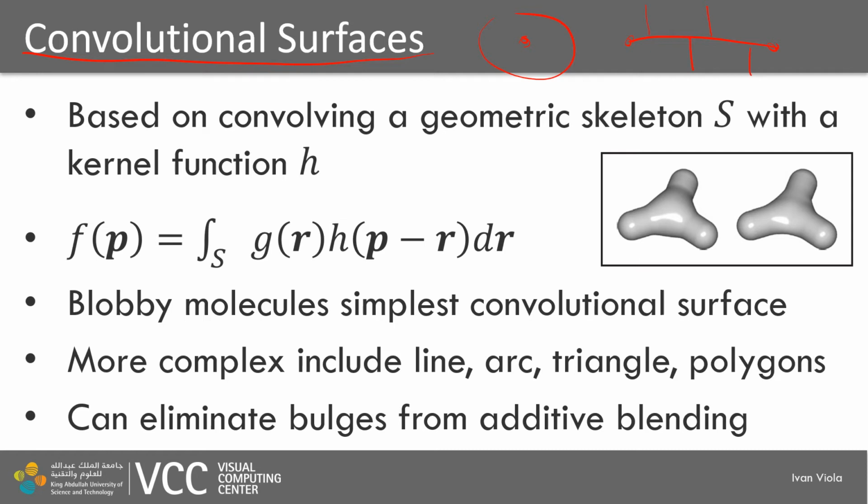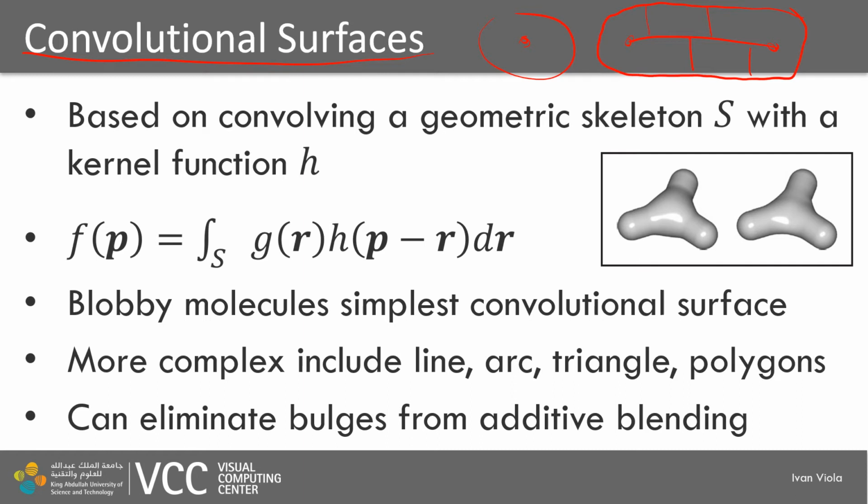And we can have the so-called distance surfaces or level sets, which will be defined as isosurfaces with an equal distance. And convolutional surfaces are a slightly different approach to the representation of our